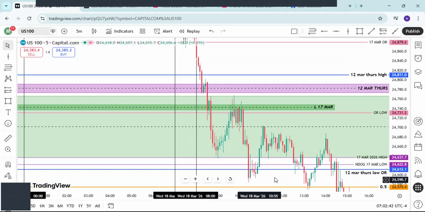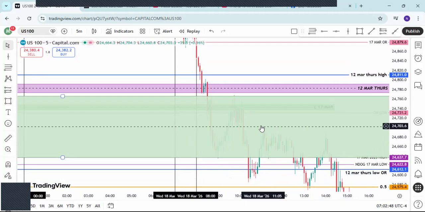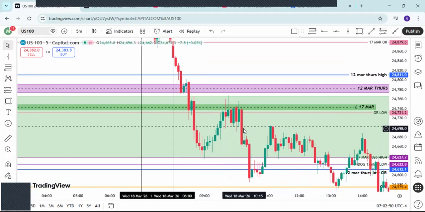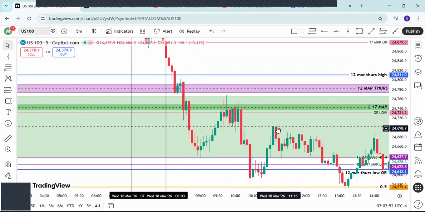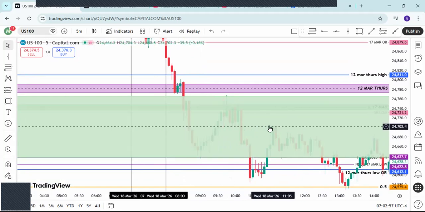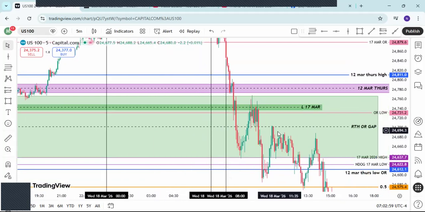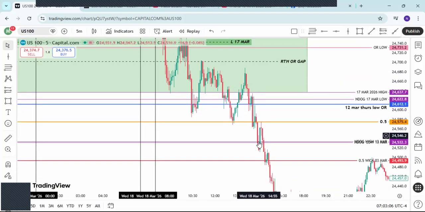It goes down into, there's the opening range low, and goes back in there. Fair value gap here, hits it perfectly, and 50% of the opening range gap goes lower, comes up, takes buy side there, then just keeps going lower, right? But this time here, from 2 here, this is,